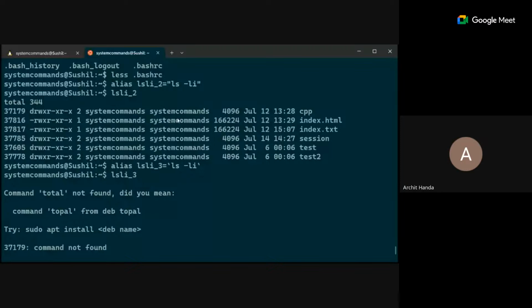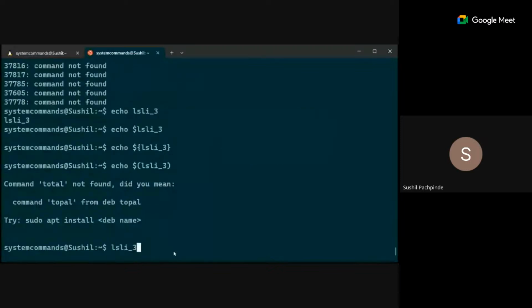No, right? So if you put it in parentheses, then I think it will work. Like this. No, again, it will not work. What essentially we did here is that whatever comes in the backtick will get executed. So what was in the backtick? If I run ls -li, you had total, then 344, and then all of this. So when you were running ls -li as is,